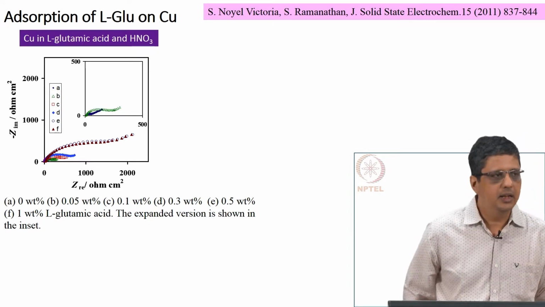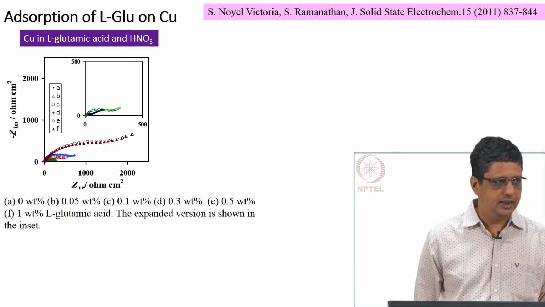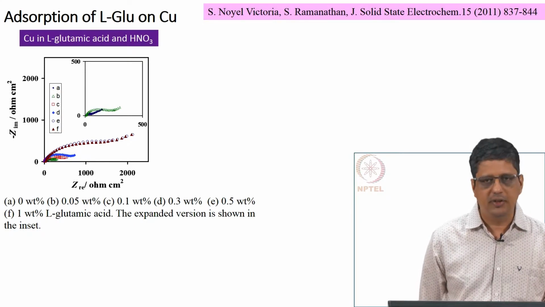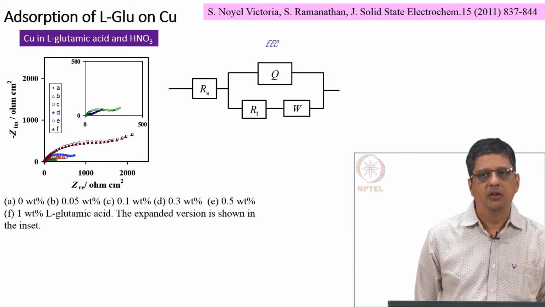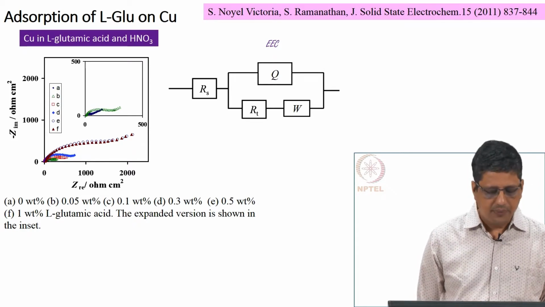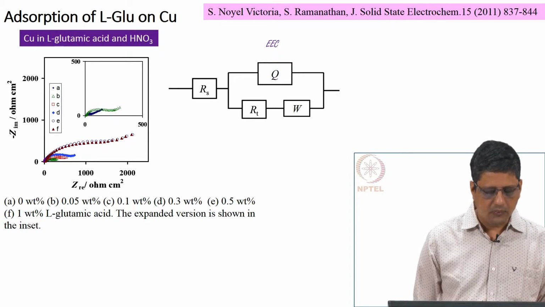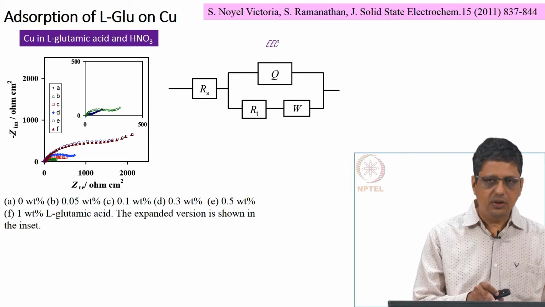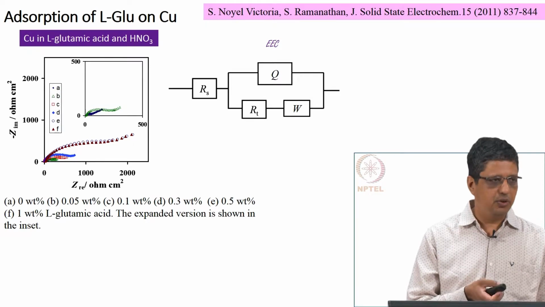Analysis is basically using the following circuit. RS is the solution resistance, RT is the charge transfer resistance, and instead of a capacitor, it is modeled with a constant phase element, and a Warburg element, because these experiments were done without rotation, with stationary electrodes, the solution was unstirred, and in addition you can also see it shows the 45-degree line at the low frequencies. So, when you fit this, I am not showing you the fits, it fits and you can get values. Solution resistance will be more or less the same, because a small amount of this chemical is not going to change the solution resistance significantly.